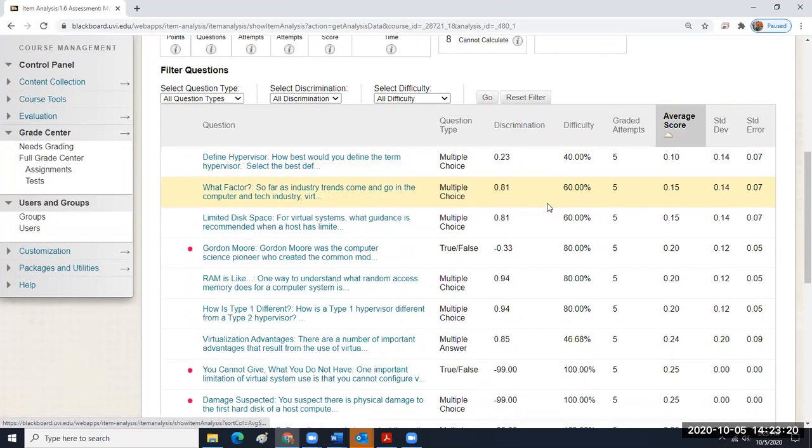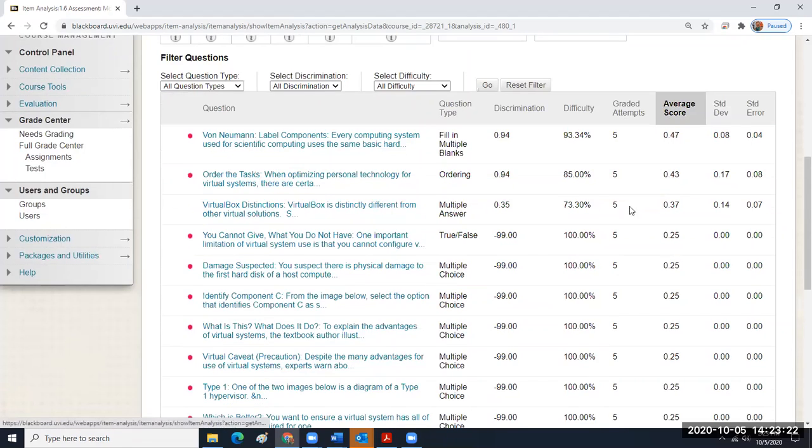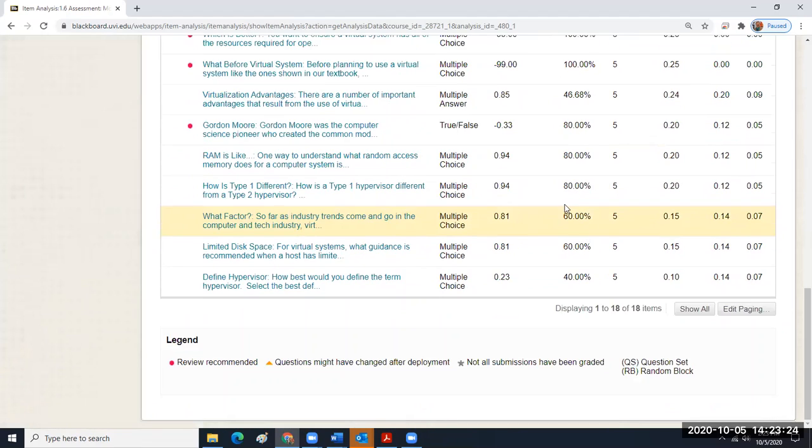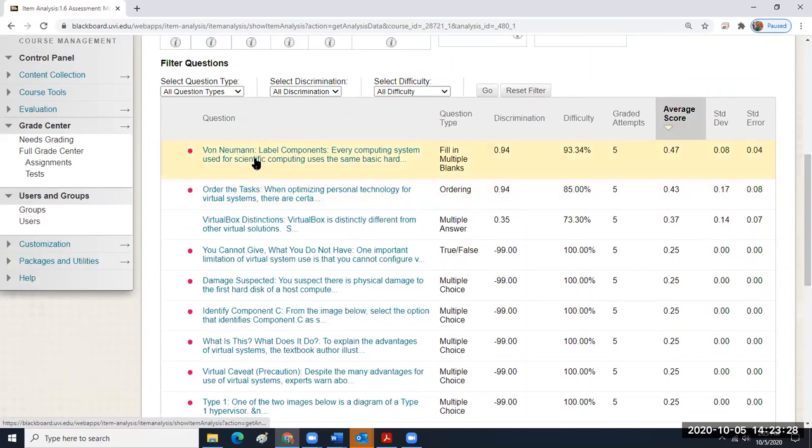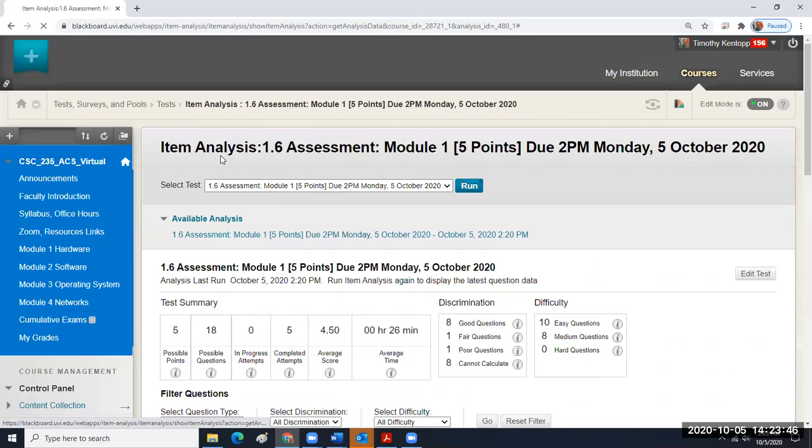Okay, so I'm going to go ahead and make sure we're seeing all the questions on here. So this is an item that most everyone got correct. It was worth 1/2 point. You had to label the von Neumann diagram, you had to fill in the blanks, and you had to follow along with the study guide, which means you had to use the diagram in the picture,